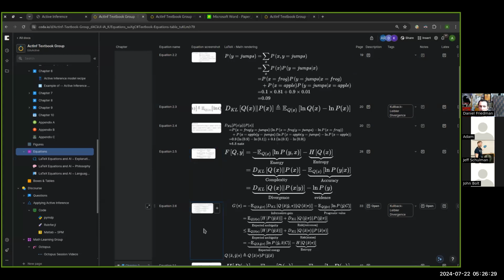When we're interested in modeling agents with planning, that is when we move into the expected free energy. Expected free energy is a cousin of variational free energy. It's G. It's also a functional. Instead of F, it's the one after F, G. The argument that it takes is pi. Pi is the policy prior, so it's a vector of all of the possible policies.